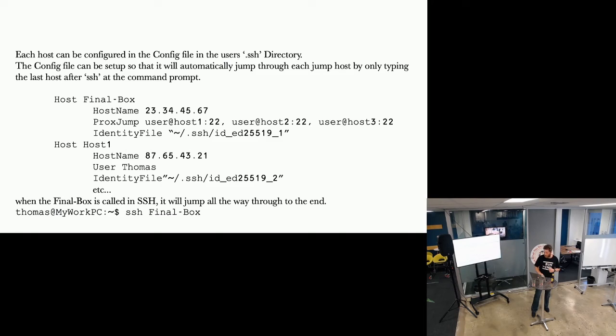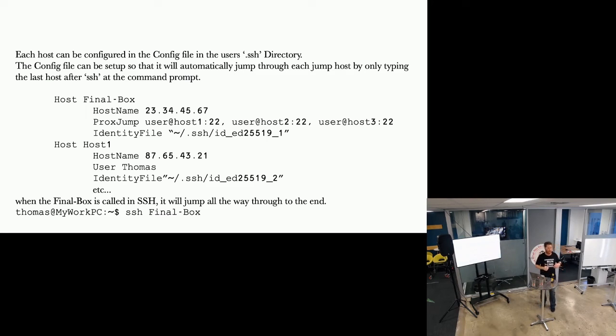And you can chain together these hosts that have to be called to reach the destination in your config file. Each of the boxes you need to touch on the way through have to be listed out. But once you've done it once, it's set and forget. So in this case, if I've got a final box, which I've just called final box in this instance, residing at this private IP address, which is behind a NATed service or behind a Bastion that I can't get to from the public internet, I can then use host 1 and host 2 and host 3. I can jump through each of those to get to that final box, provided I list out each of those hosts below there, and it will jump through there.